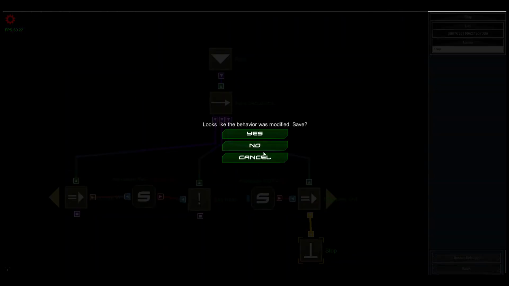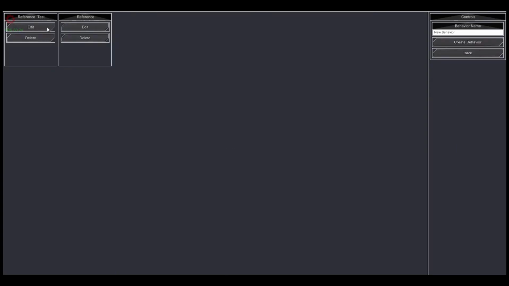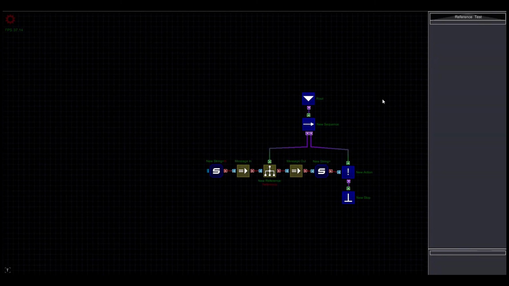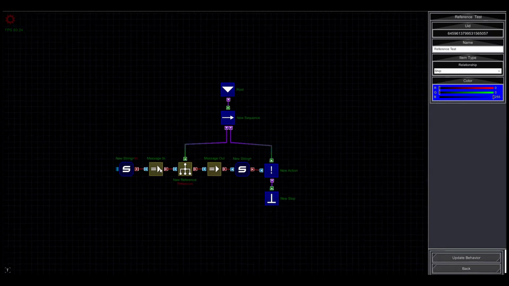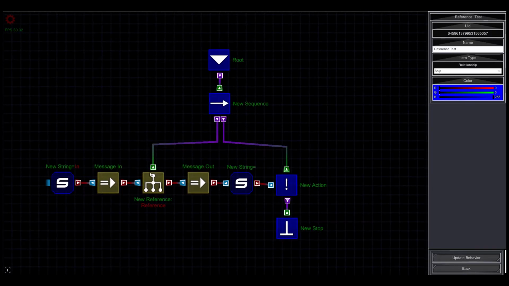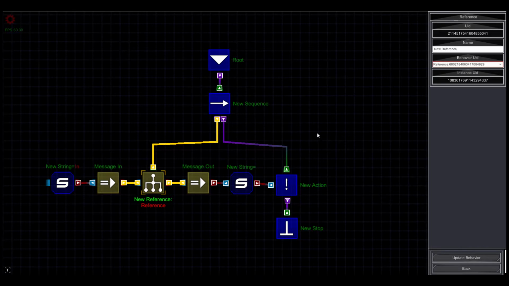Okay, let's see what I have in my reference test. So reference test actually calls upon reference behavior, and this is the fancy node that I have. It is actually pretty complex UI wise, and I spent over a week figuring out how to get this working, but I think I got it right more or less. As I've said earlier, I'm basically learning as I go. It's not written in books anywhere, or I don't read books, so I would never know. Anyway,